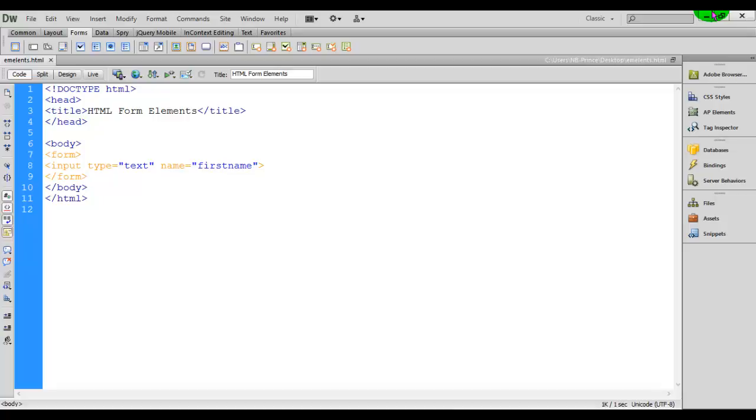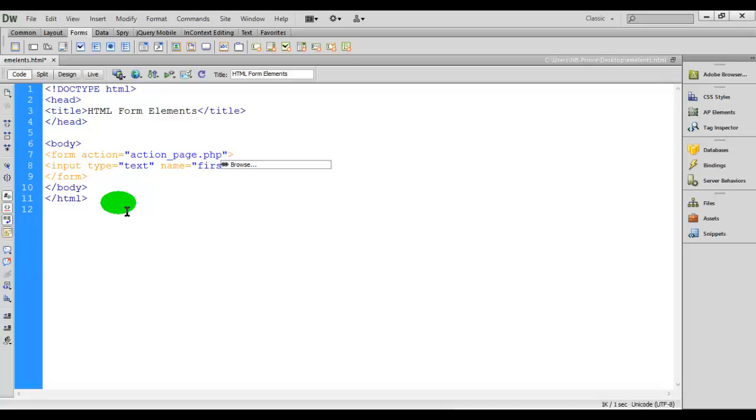For example, if we want to show different types of cities, students, classes, etc., then we can use the select element to create a drop down list. And this will also be created in between the form element. Here you can give an action to this form, action page.php.